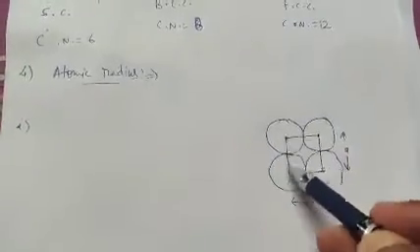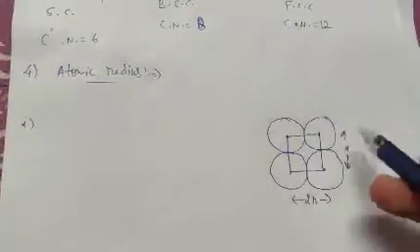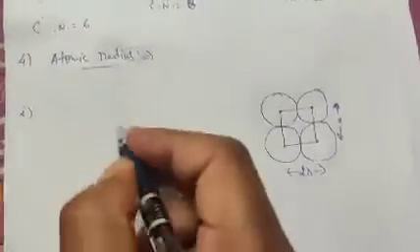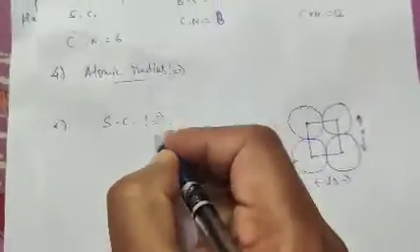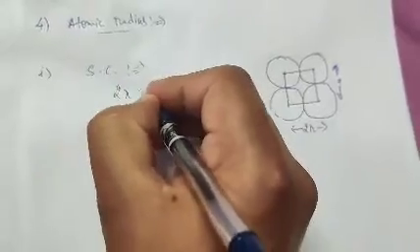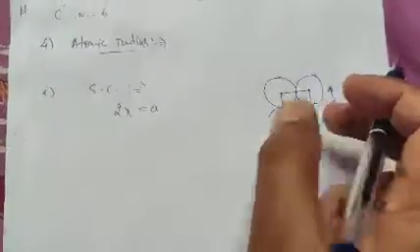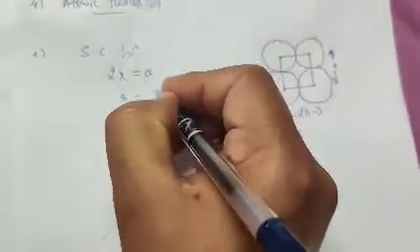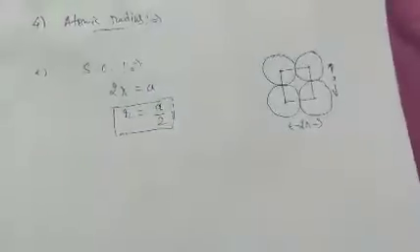Also let us draw a face of a simple cubic lattice. We know that the length of this edge will be a. Therefore for the simple cubic lattice system, 2r is equal to a, because this is the least distance between the two nearest neighbors, and a is also known as the lattice parameter. So the radius will be the lattice parameter a upon 2 for the simple cubic lattice.